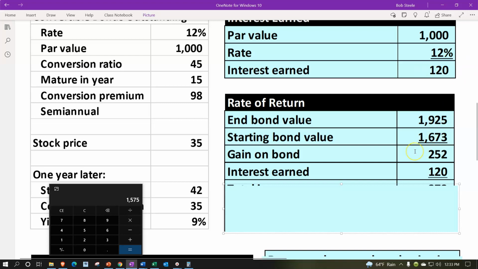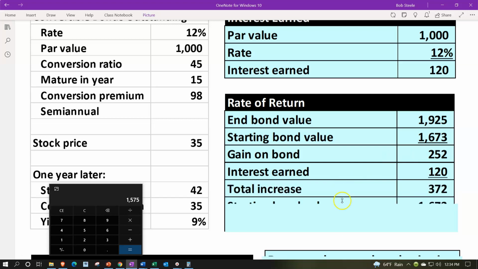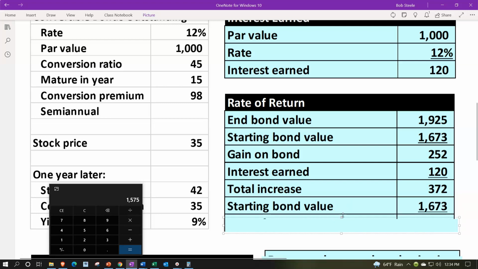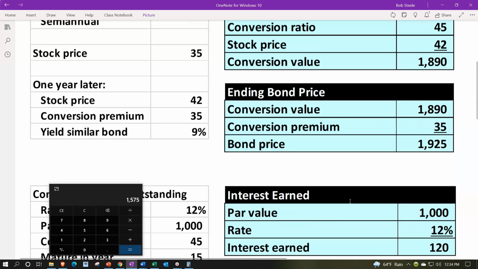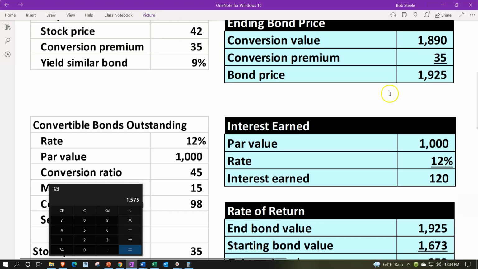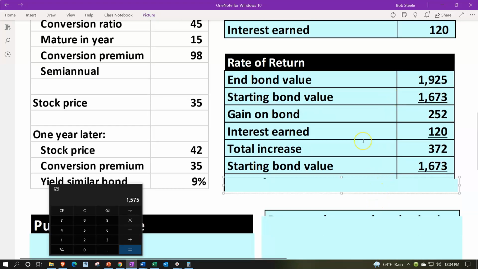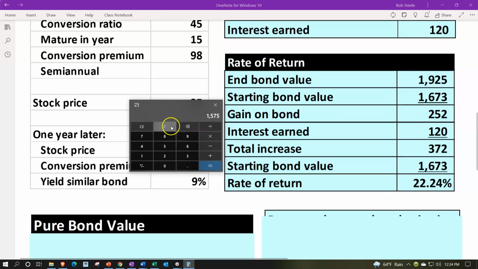So we had an increase in the value of the bond, 252. We got the 120 interest earned. That gives us the total increase of the 375. Comparing that to the starting bond price, where we started out, that's going to be the 1,673. That then is going to give us a percent return of 22.24, otherwise calculated as the 372 divided by the 1673. Moving the decimal 2 places over, we're at about the